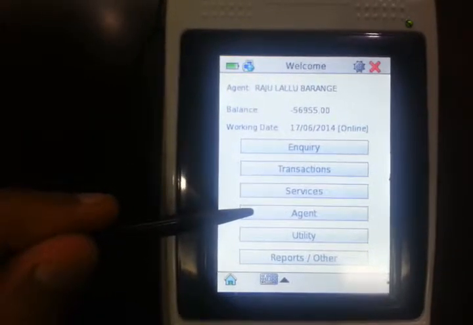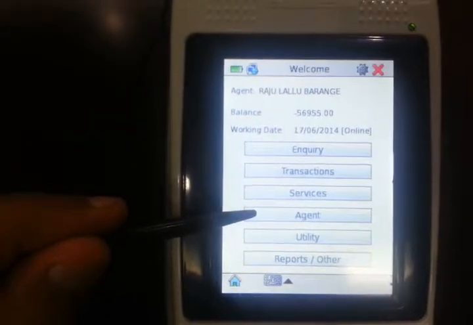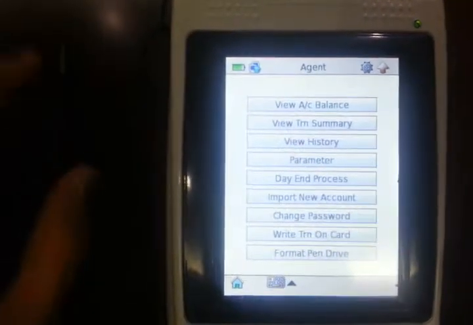The agent menu contains the options for day-to-day activities of an agent.